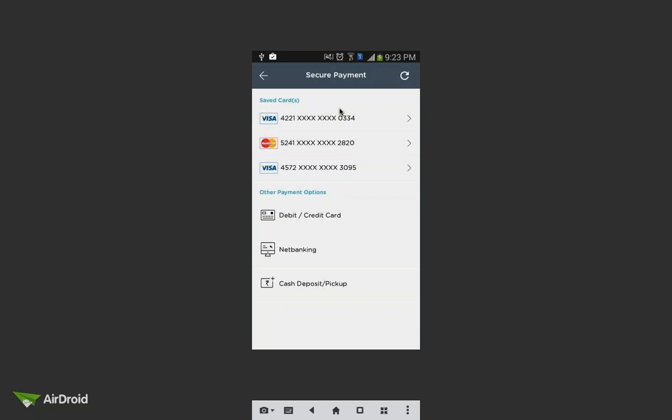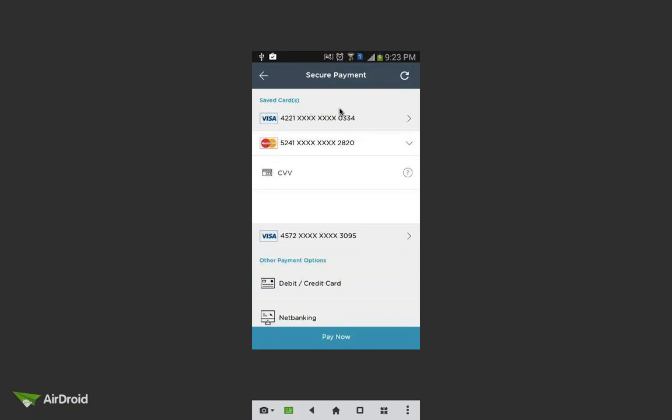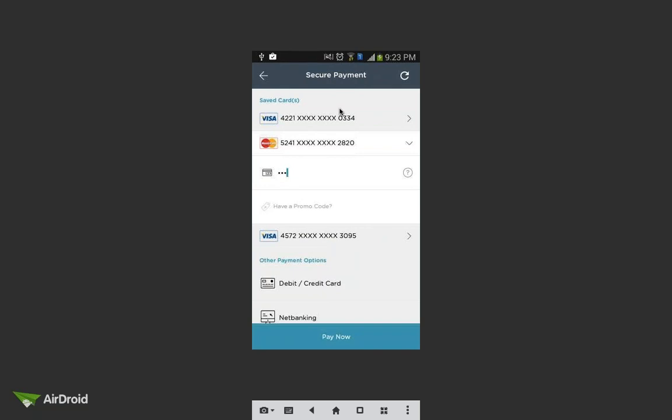From which card you want to pay the money, select that card, and this is also the Android user interface. Once you select this card, you have to enter your CVV number. Let's enter the CVV number. I entered my card number and my CVV number also. Next, there is a Pay Now button. Once you click this Pay Now button,